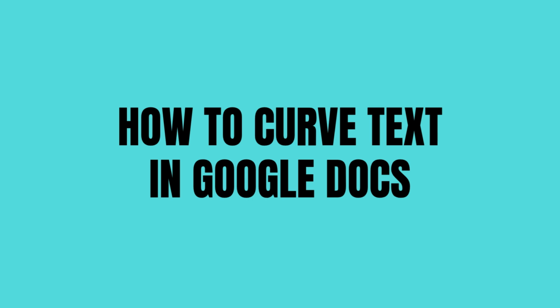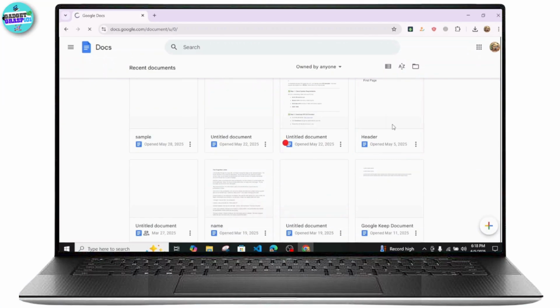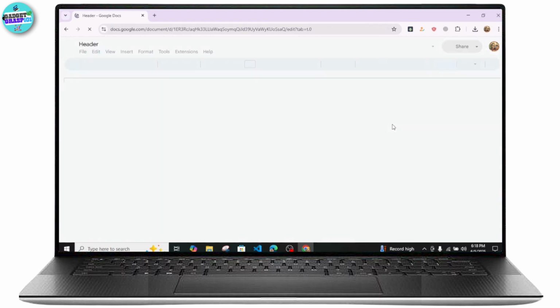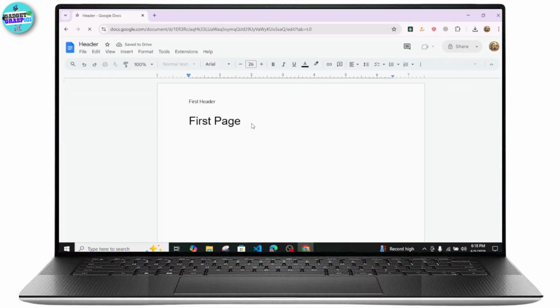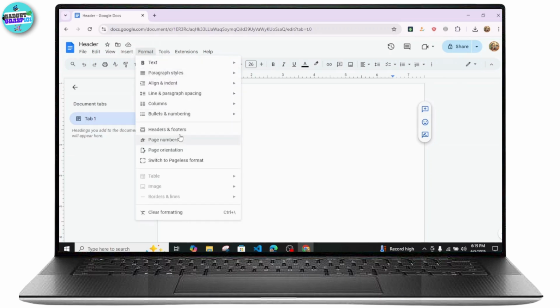In this quick tutorial I'll be showing you how you can easily curve text in your Google Docs. As most of you may have noticed, in Google Docs there is no direct option to actually curve your text. Whenever I try to highlight some text from over here and head over to Format, there is no direct option to change or